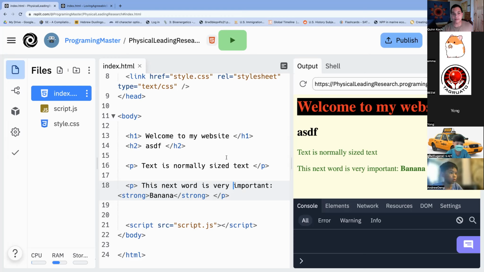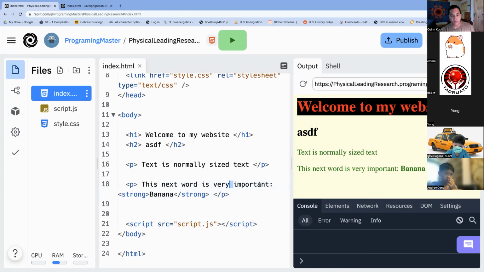And yes, Finya, is EM. Is the EM tag. Let's say I wanted to make the important word italicized, I'll go